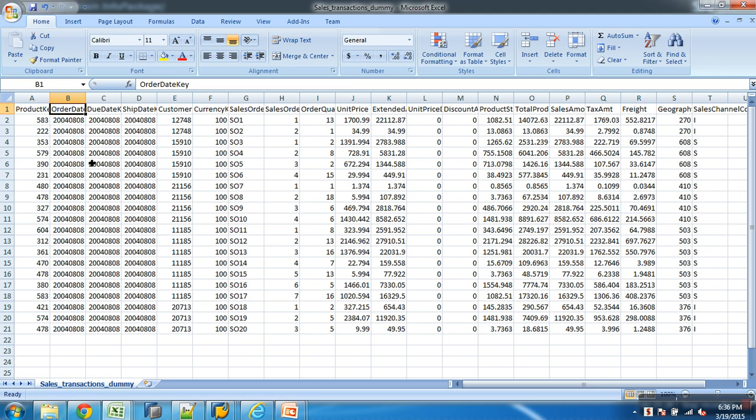Order date key actually tells you the date when this transaction was created or changed. Suppose I create a new order today, the date would be 20140109. So I can understand that all the transactions where the order date is today's date are created or modified today. Why should I pick all 2 lakh records every day? Let me only extract those records which have been modified or created today. Then I ask my source person, and he says this is the field you should refer to, which always gives you the created date or change date.